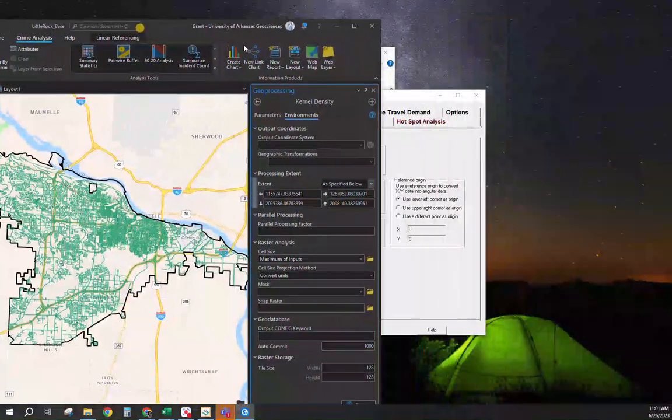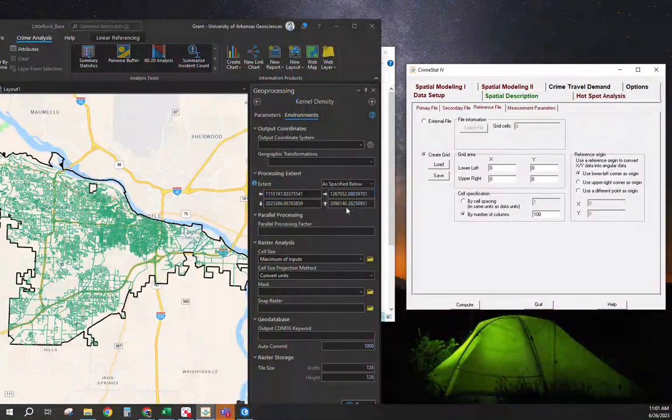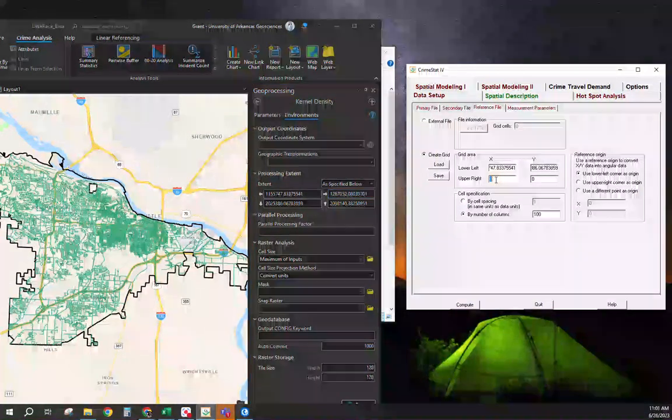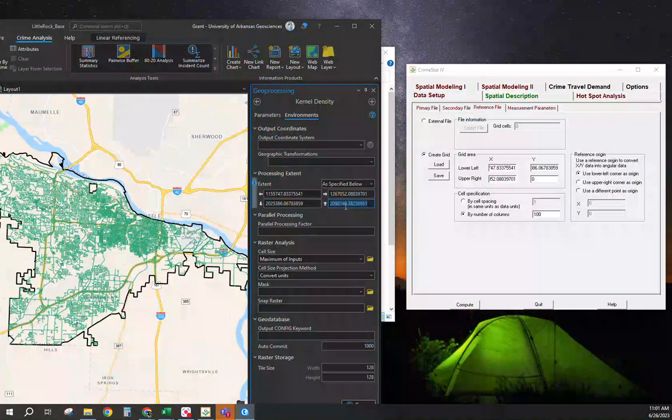So I'm going to just pull this so I have them side by side real quick. So my lower left would be this one here. And the Y would be the one starting with 2. And I'm just doing the same now for the right. I'm just copying and pasting these across from each other. So these are the coordinates. Did I grab all of that? Yeah. For the grid itself